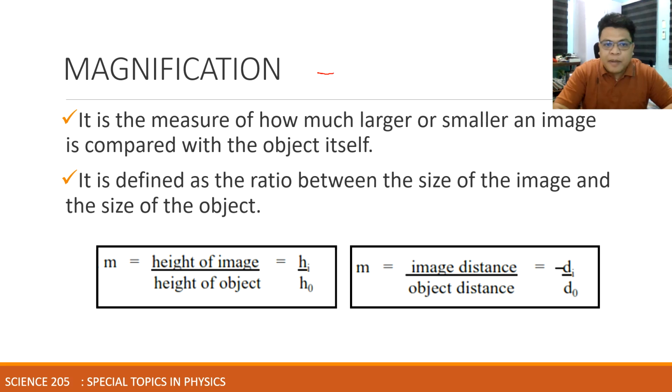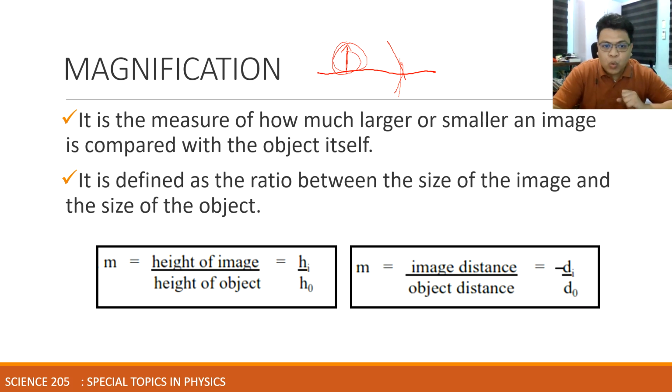Okay, so you have here the principal axis and the mirror. The object always pertains to the person who is looking at the mirror, o yung taong nananalamin. Okay po? So ito yung object natin. So ang ating pong magnification, we're pertaining to the changes of size of the image in comparison to the object. So sabi natin dito, it is defined as the ratio between the size of the image and the size of the object. So the difference of their size.